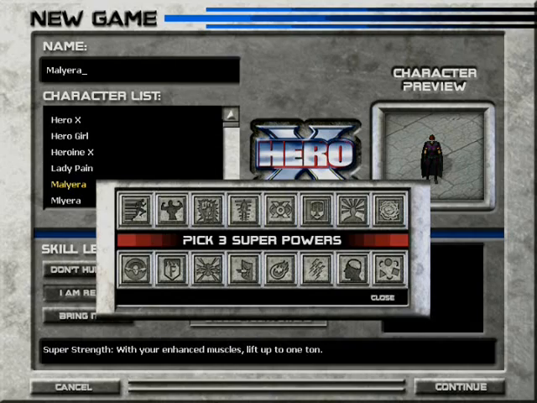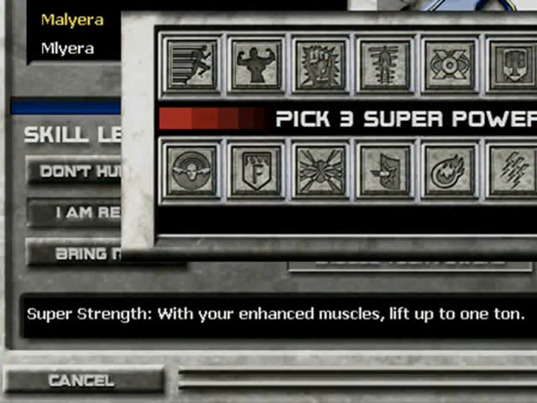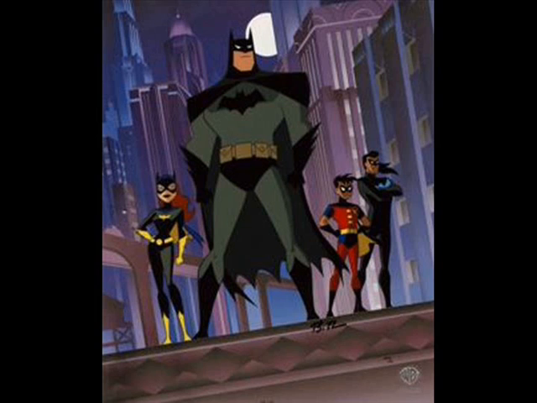Now, from what it says below, super strength: with your enhanced muscles, lift up to 1 ton. I know for a fact that anyone who can lift up 1 ton can break down a bloody wall in a heartbeat. Even a door. Batman, the most obvious superhero with no super strength,